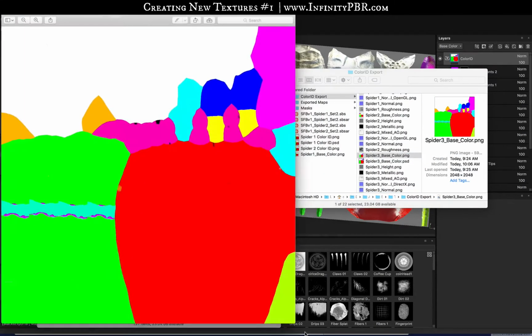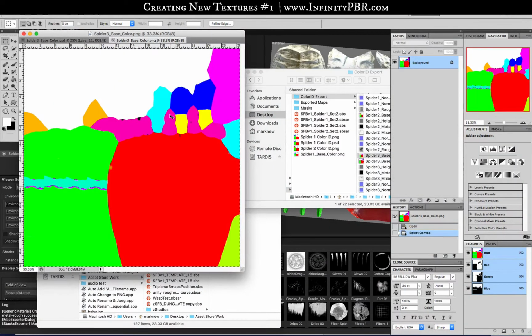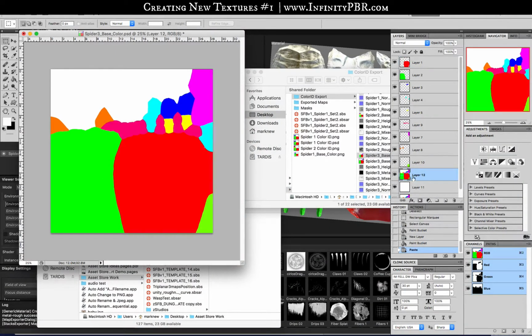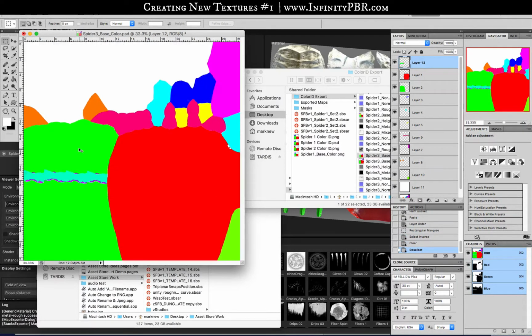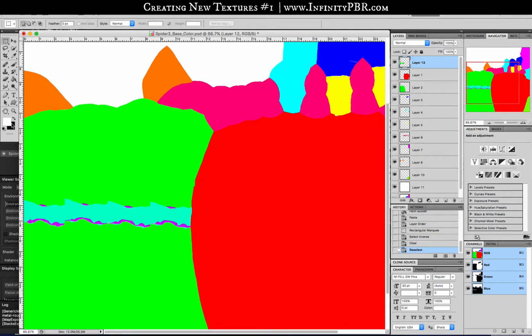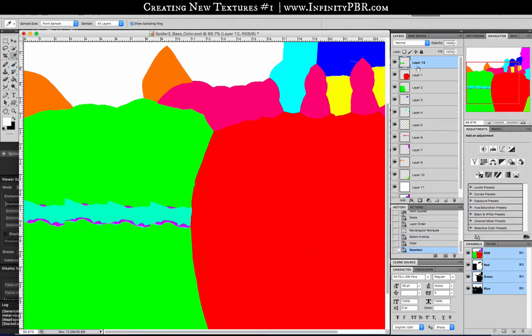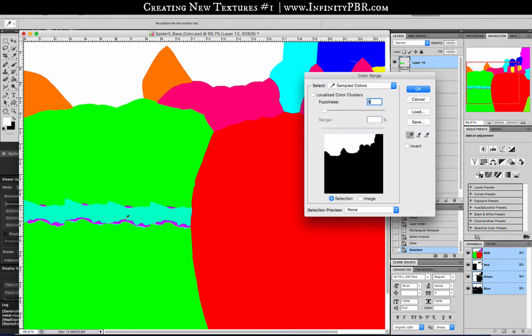I'm actually going to load up this one. I already have one I previously exported and worked with, so I'm just going to copy this one on top of that. And I'm just going to make sure the colors are right here. I'm really only interested in this area. These are the new things I've added, so I'm going to delete everything else. And it's important to keep the color ID, the actual color values, correct based on the list that you can find online. So we're going to select this color range right here,